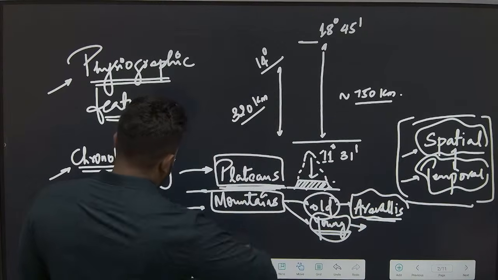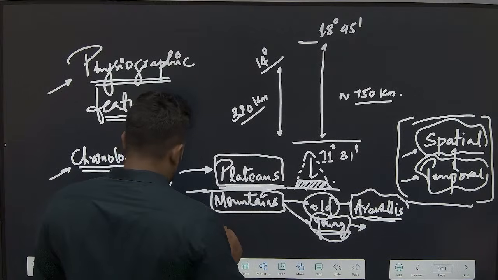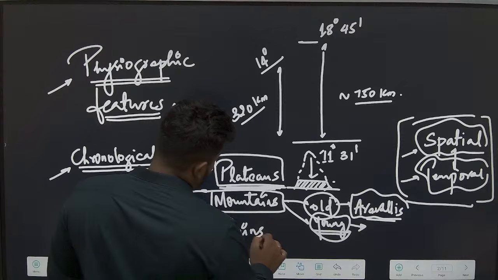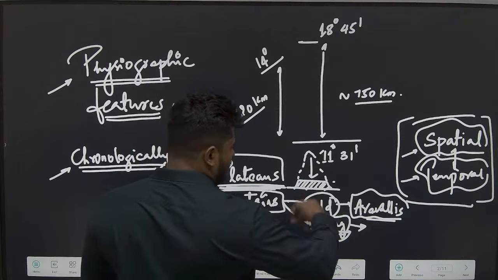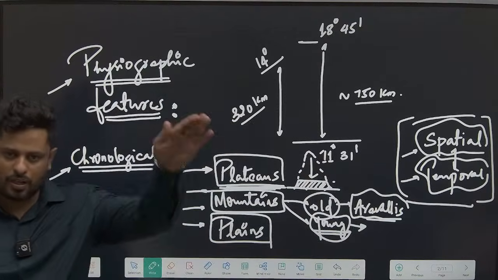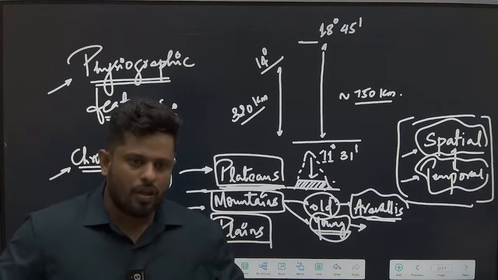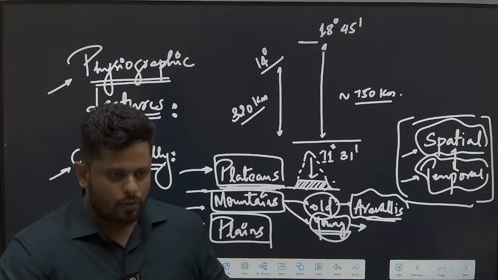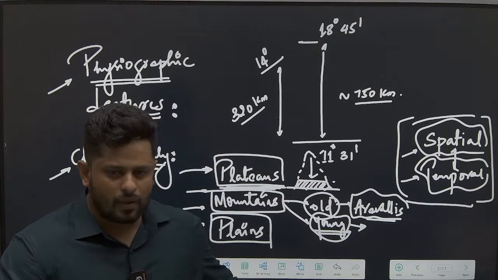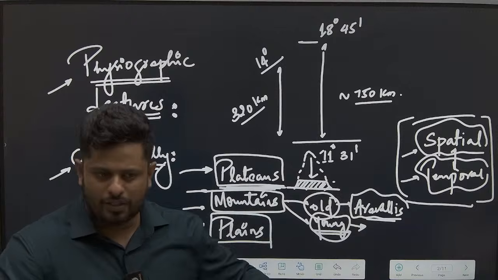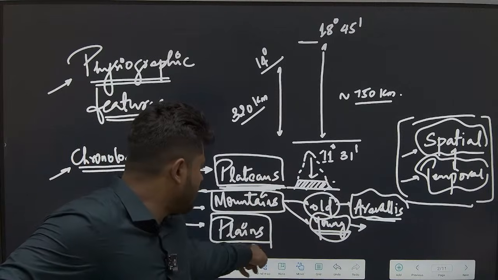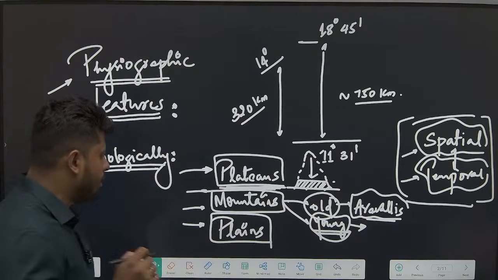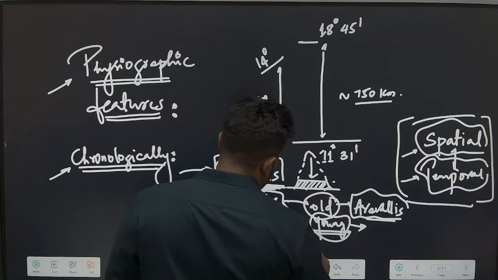Then followed by one of the latest developed landforms, which we categorize as the plains. Once variations that have been developing on the surface of the earth are eroded and reduced, that is when you have a plain. So plains are technically the last to form. All the variations generated in the earlier times have been leveled, and leveled recently, that is what I can definitely conclude. So plains are comparatively recent landforms.